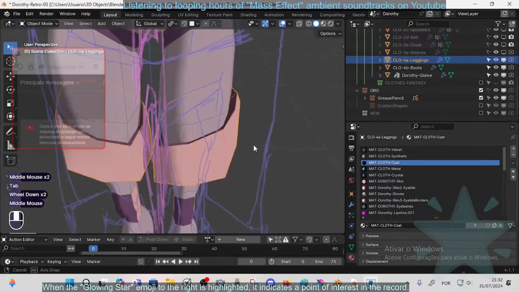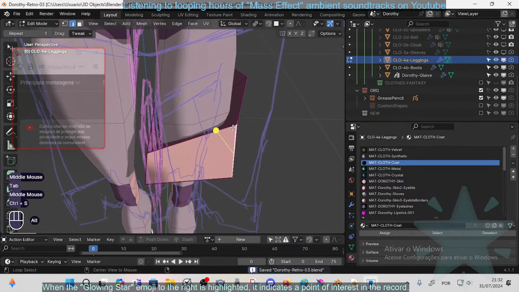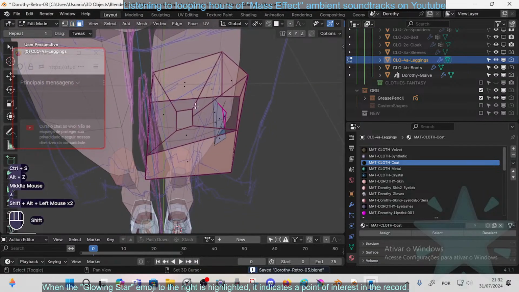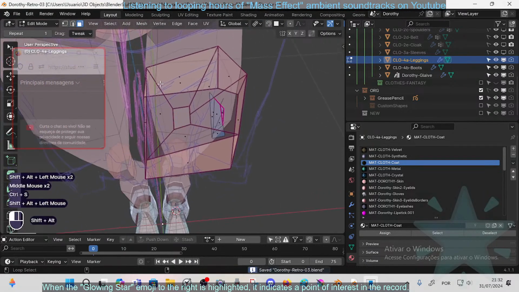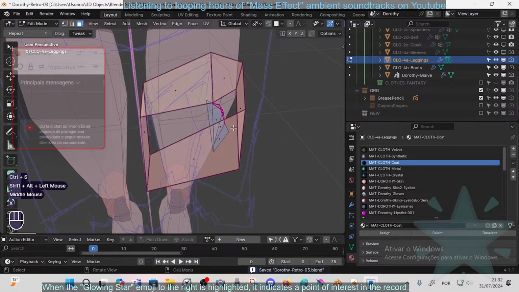So maybe the solution to prevent that, let's make a test here, delete all these